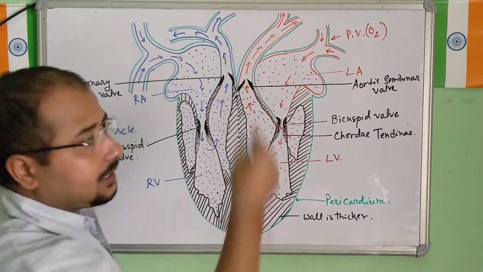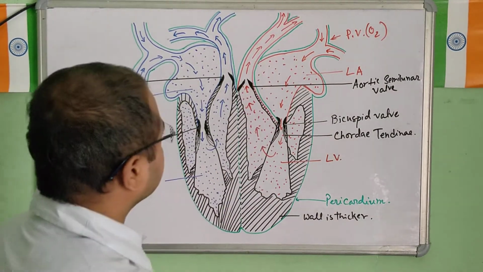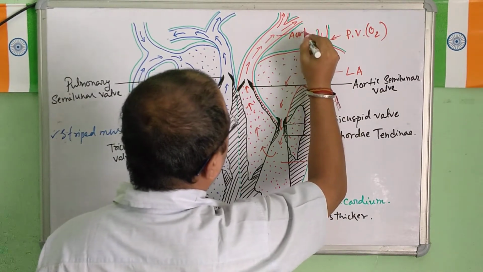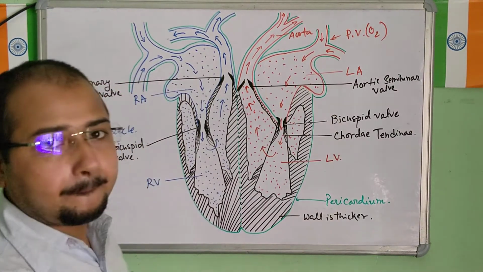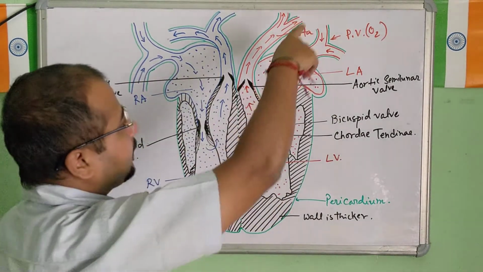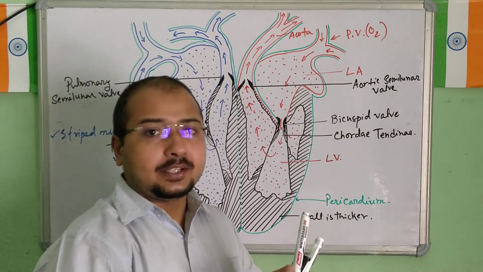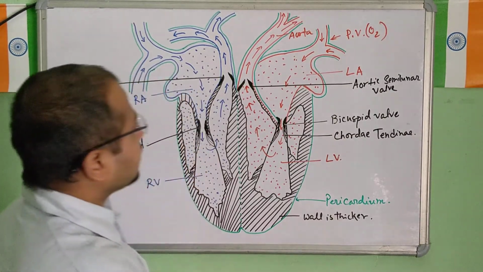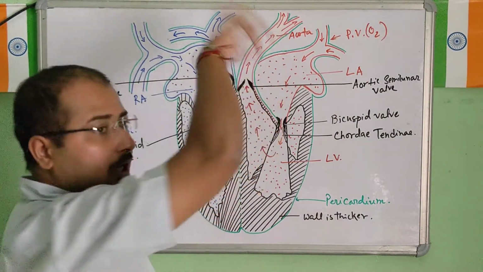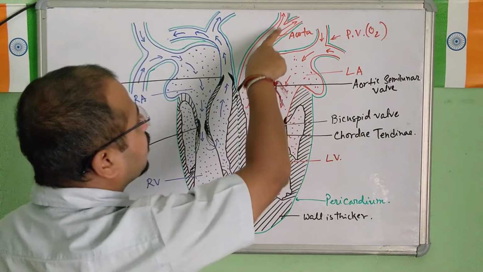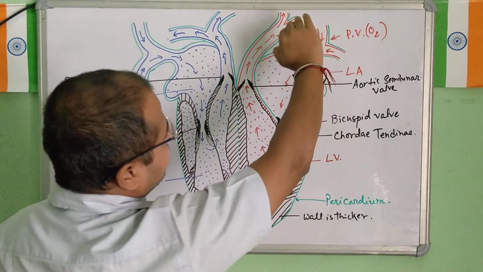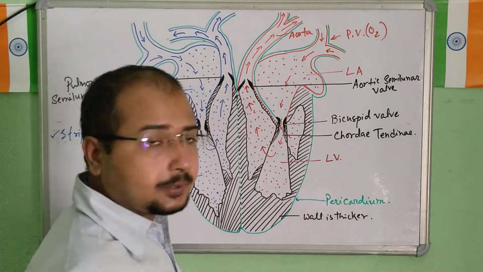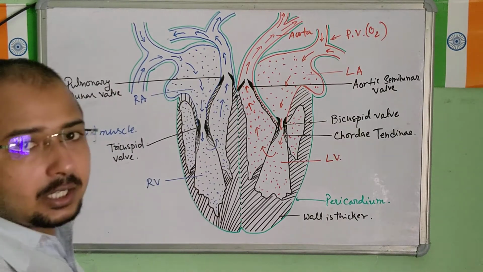Now this blood vessel is the aorta. Clear? So it is taking the oxygenated blood out of the heart, and it distributes the oxygenated blood to all parts of the body. This upper branch goes to the brain part, and the lower branch is going down, distributing to all parts of the body below the heart.